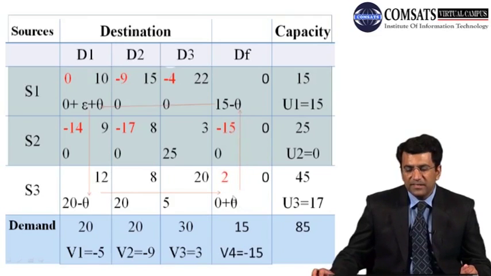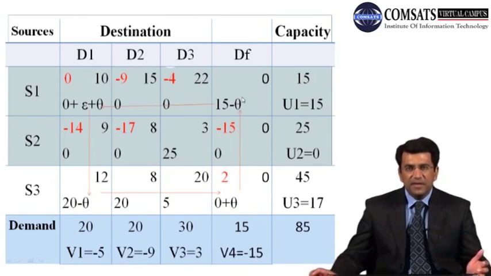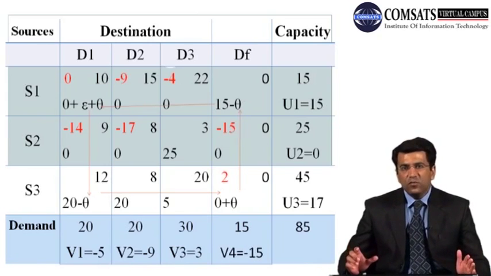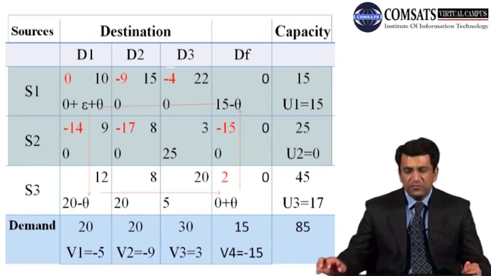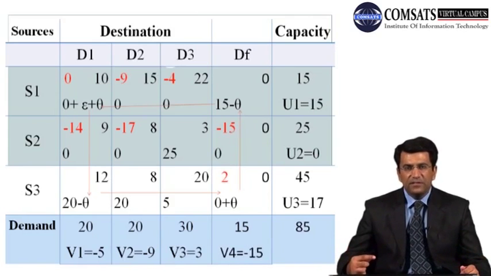So in order to balance that value of plus theta in this particular cell, we'll have to subtract that theta in this particular cell. Now why are we adding this and subtracting this in a particular column? Because we will have to make the row total and the column total equal at all the points. That's why we are subtracting and adding this particular quantity from a particular cell in a row or a column. So plus theta here, we will have to subtract minus theta here.